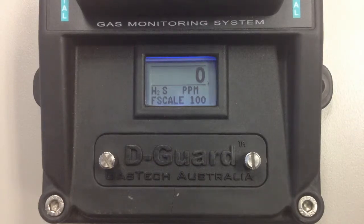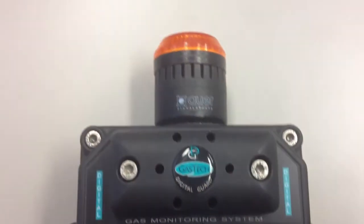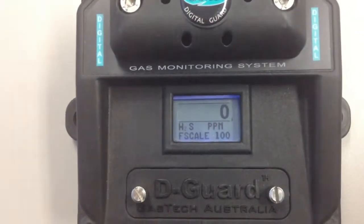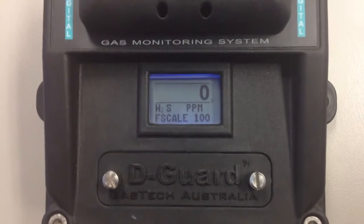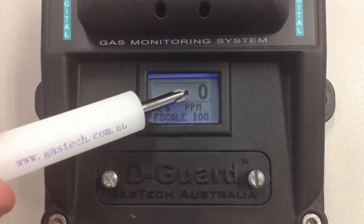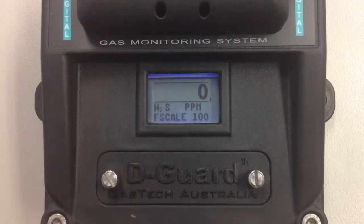Today we're going to set up a D-Guard S. D-Guard S is the one with the sounder and strobe on it. It's exactly the same as a normal D-Guard, it just has a relay board and a sounder and strobe on top. What we see here is 0, which is 0 ppm, which is the amount of H2S this detector is